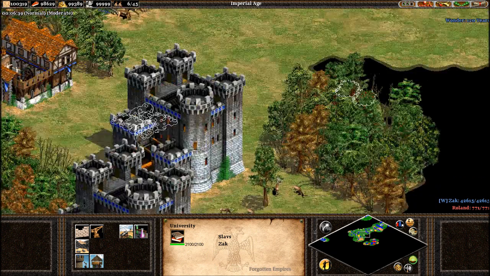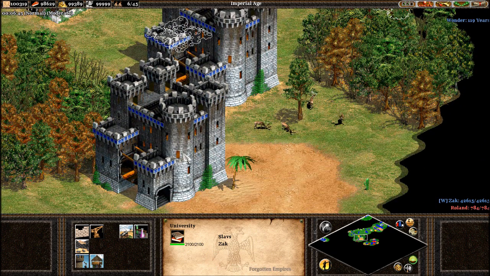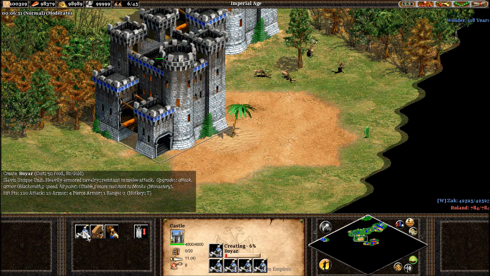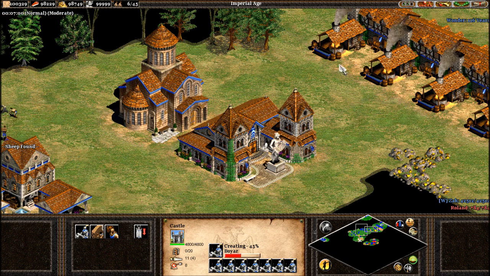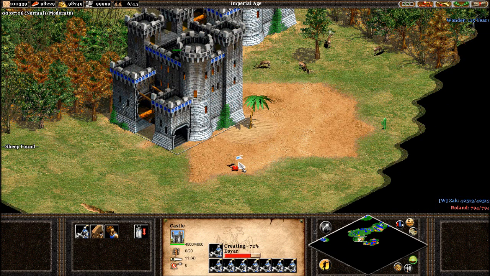So, yes, that's pretty much it for the units available, apart from the unique unit, which we're going to look at now, which is the Boyar. The Boyar, the unique unit. It's basically a cavalry unit with high melee armor. Pretty damn cool, because melee armor is not something you see that much on cavalry, and this is going to make them very effective against paladins and